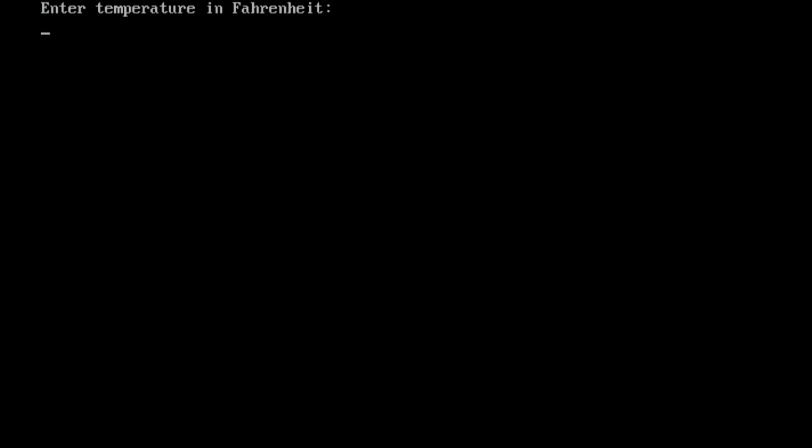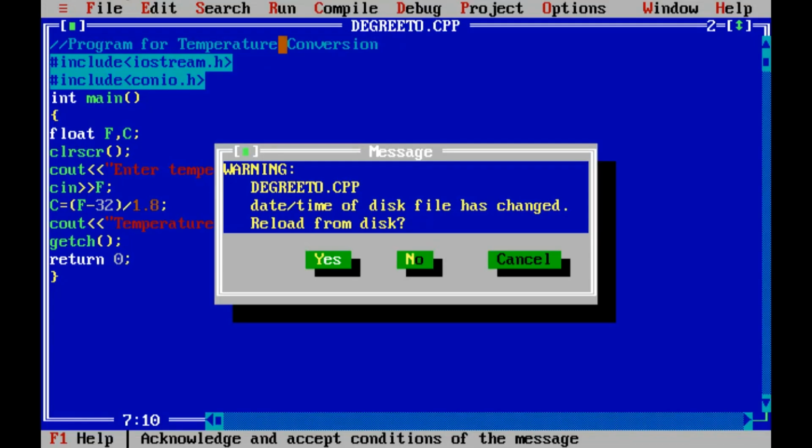Now the user is entering the value to be converted to degrees Celsius as 200 degrees Fahrenheit. So it will be converted to degrees Celsius and the output will be displayed. So the result is 93.333336. See, the value displayed has 6 digits after the decimal point. Why here? Because the data type is float, and for float, by default 6 digits are printed. There are some methods for formatting this. So by default 6 digits are printed after the decimal point.